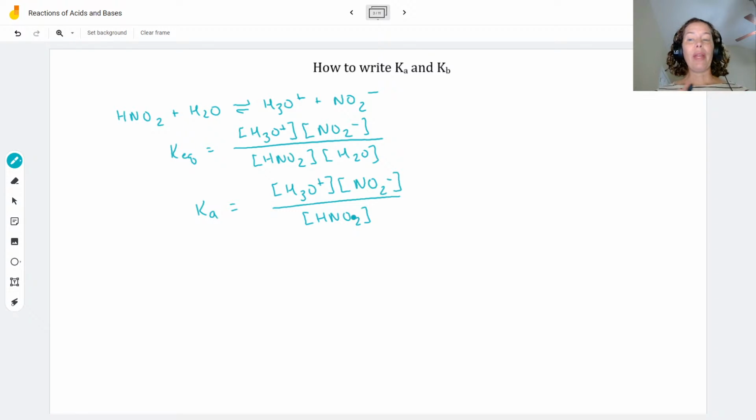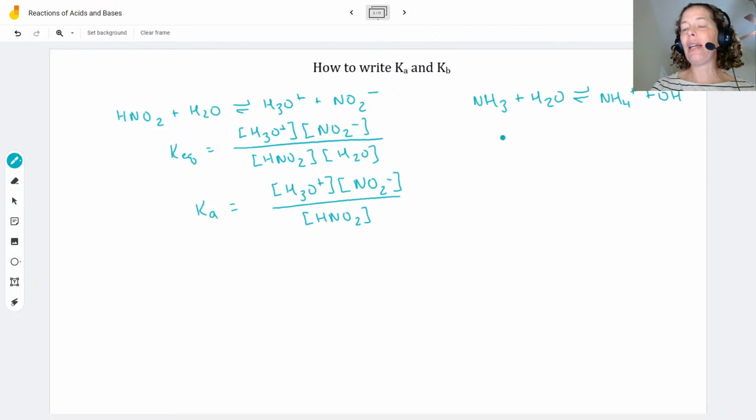Let's do the same thing for a weak base. You'll see it's very, very similar. And we'll always do our classic weak base because it is the easiest. We'll do ammonia. Again, it is in equilibrium with the ammonium cation plus hydroxide anion. Again, I'm going to start with just the KEQ, which is concentration of products over concentration of reactants. So the products are our ammonium cation and our hydroxide anion, over our reactants, which is ammonia,